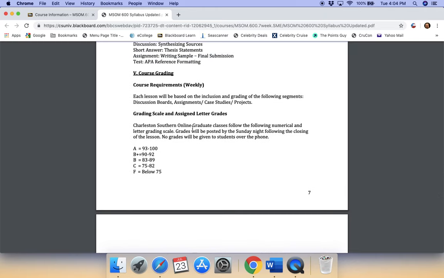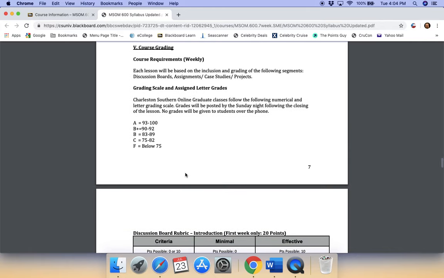This is important because graduate level studies, and this isn't just Charleston Southern, it is most graduate programs that I've ever been affiliated with, have a much more aggressive grading scale. Typically in undergraduate studies, you may have 90 to 100 as an A. Well, in graduate studies, it's 93 to 100. So make sure that you pay attention to these, because I want to make sure you're not surprised at the